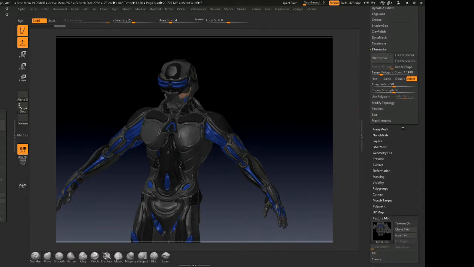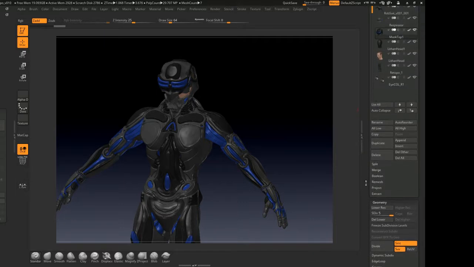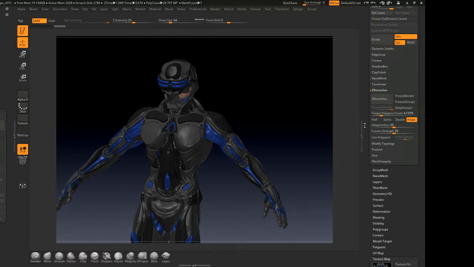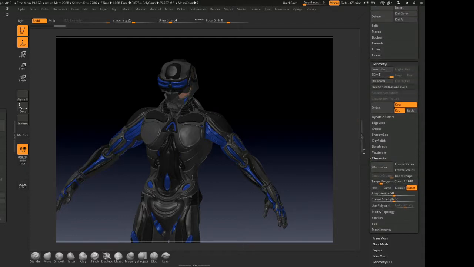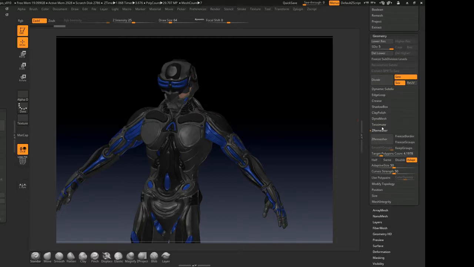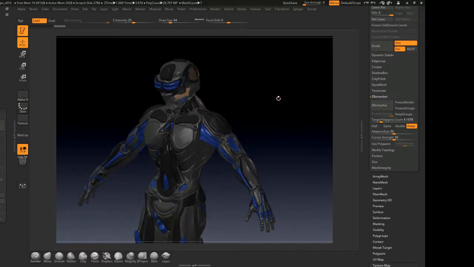And so what I do is, there's a lot of ways to retopo a mesh, but what I like to use is ZRemesher in the latest incarnation inside of ZBrush. So ZRemesher is right here, right in front of me, and that'll just create a low poly cage. Let me show you what that looks like